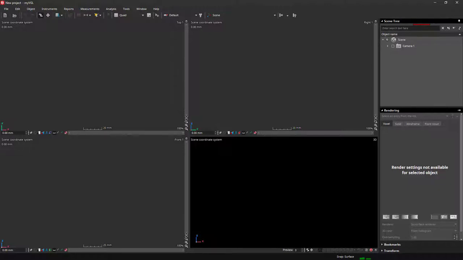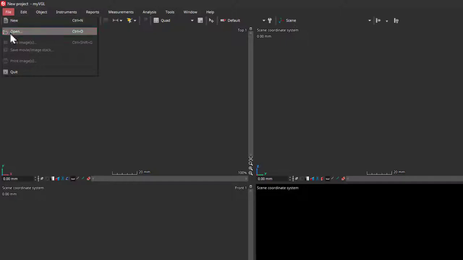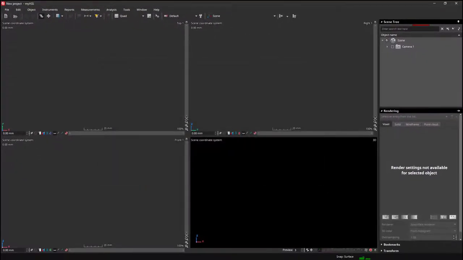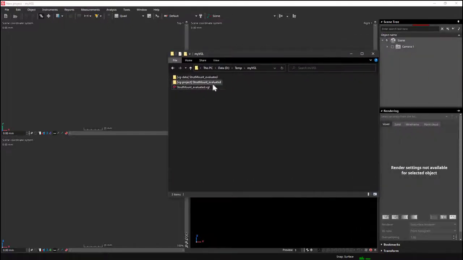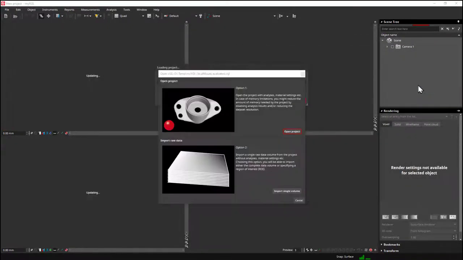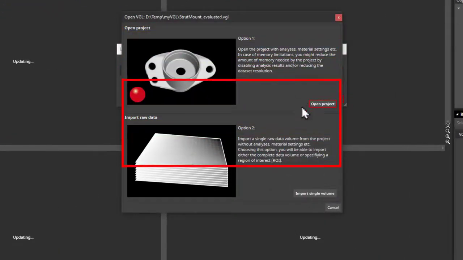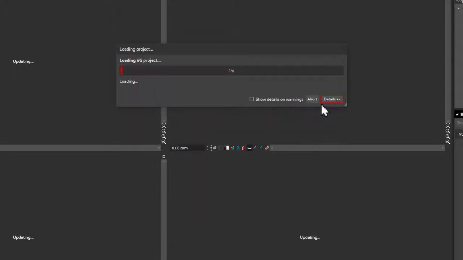To open a project, you can go to File, Open, or simply drag and drop the VGL file in the application. This is usually the most convenient for me. A window will pop out with the options to open the project or only import the datasets. Here, we want to choose Open Project most of the time because this includes all analyses and measurements that were